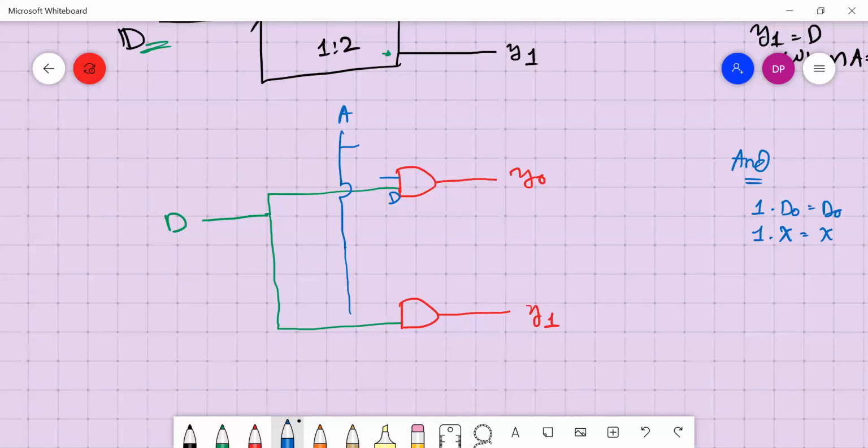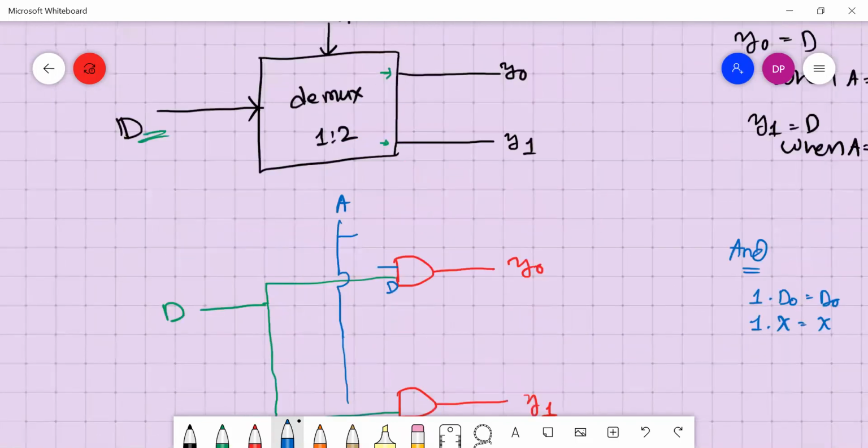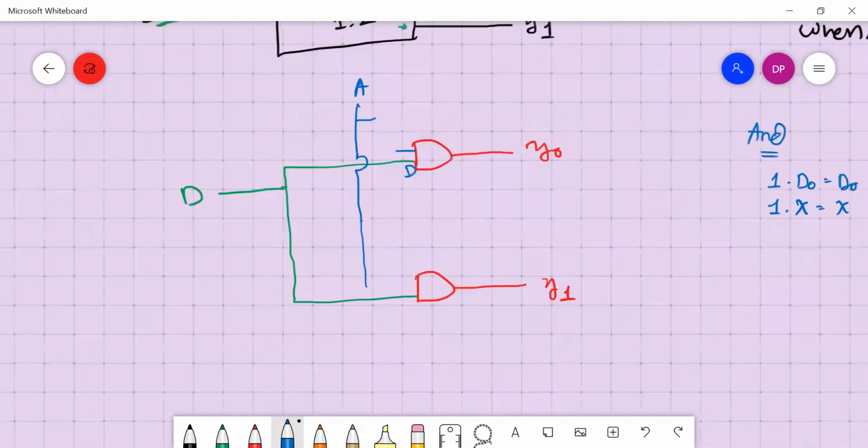So what was my condition? When A is equal to 0, the output should be D. So let me feed A complement here. When A is equal to 0, it becomes 1 and is fed here, then this output will be D. When A is equal to 0, this gate gets 0 with D and produces 0, and this one produces D. All of you understand?